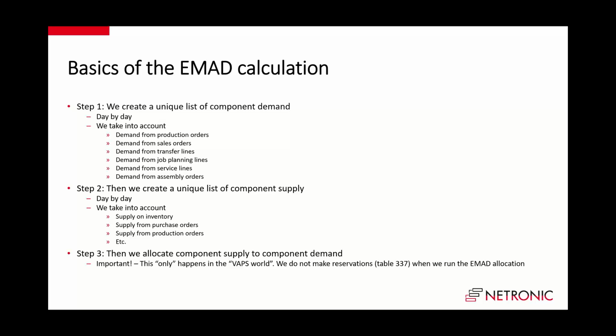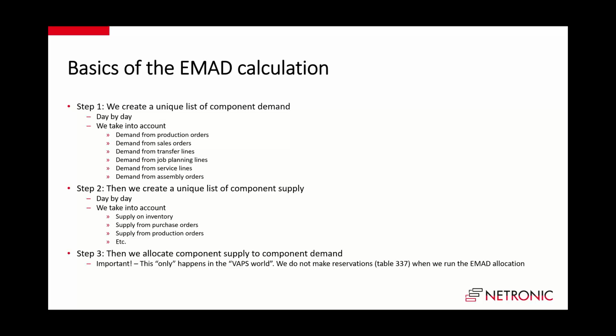We need that many tons of that component. We need that many pieces of this component. So we just collect the demand per component per day, and we take into account all potential demand sources that we have in Business Central. So the demand from production orders, the demand from sales orders, because